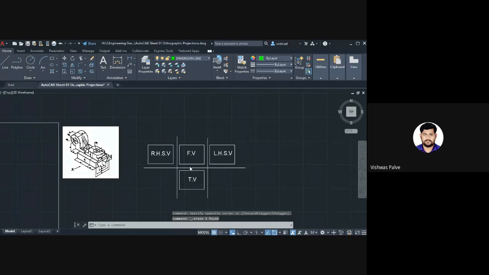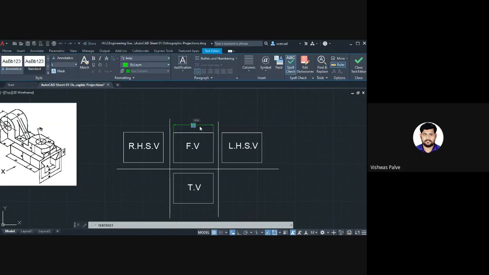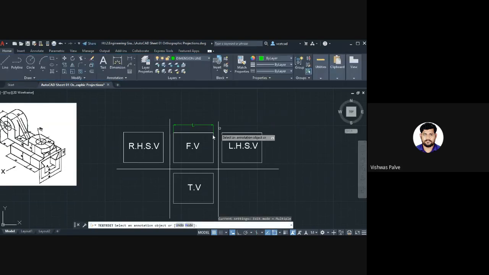So suppose I want to complete this. In this, I will get, this will be my width. Sorry, this will be the length of the problem, which is perpendicular.